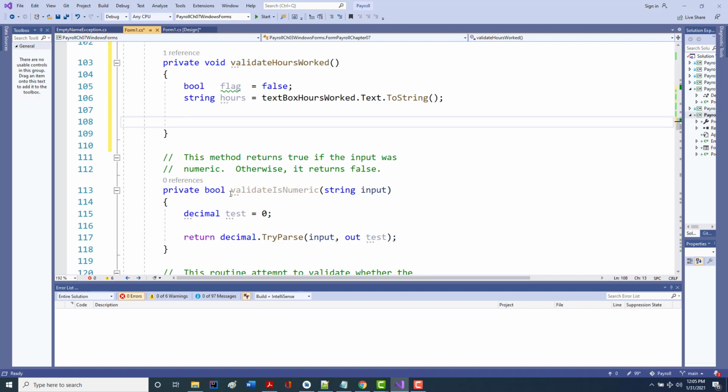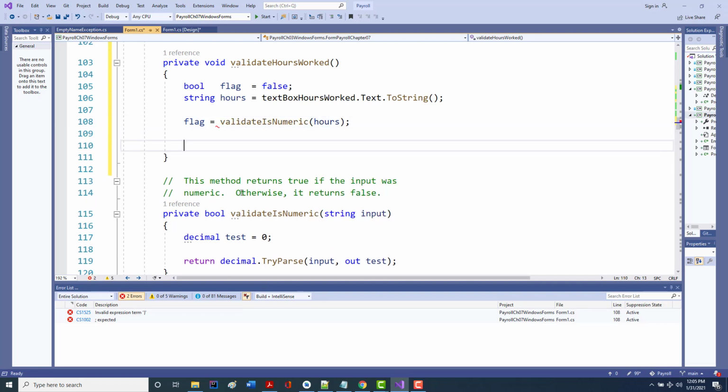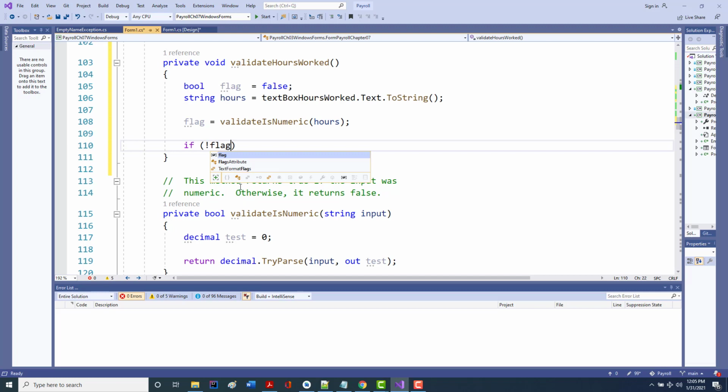All right. Now I'm going to say flag equals validate is numeric hours. Okay. If not flag, meaning that it returned false,